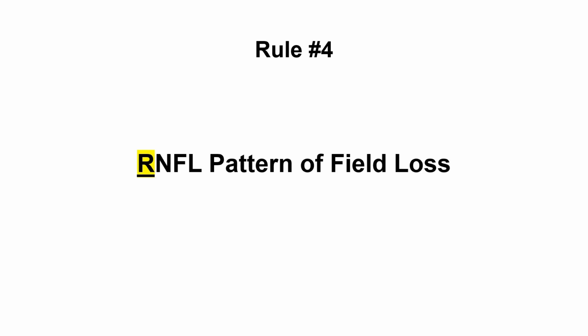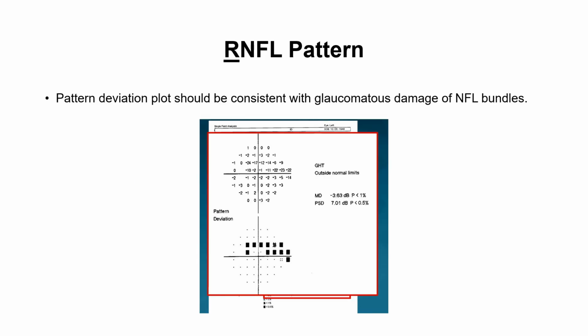Number 4. As we said, 3 rules. Now coming to rule number 4, the RNF layer pattern of field loss. So please always look at the pattern deviation plot, and this pattern deviation plot should be consistent with the glaucomatous damage of nerve fiber layer bundling. So if you see here the pattern deviation of the retinal nerve fiber layer,